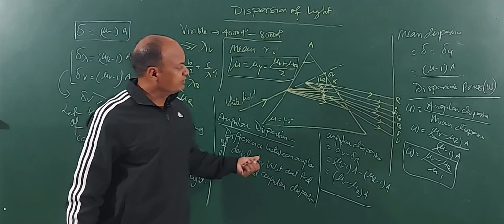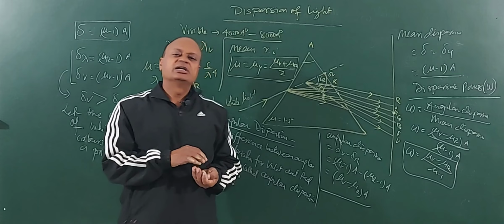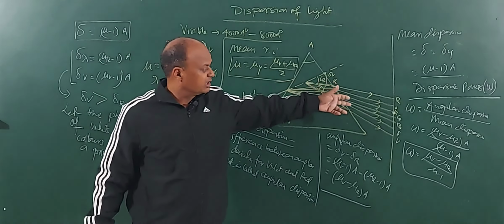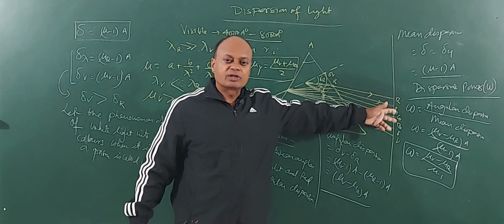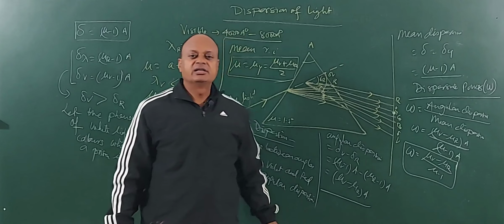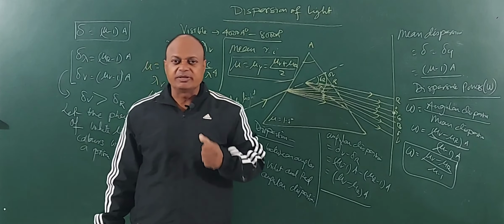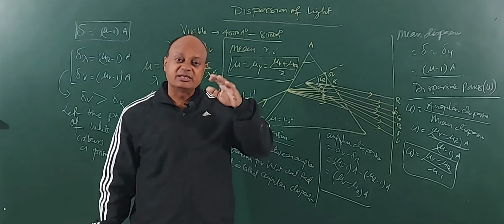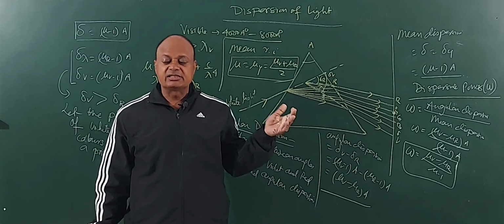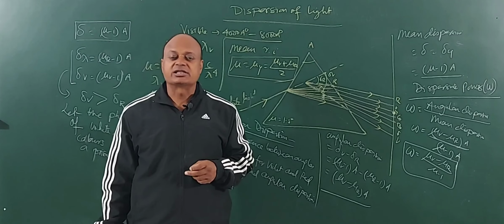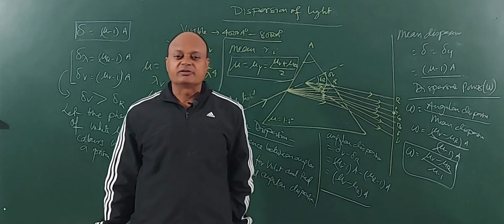Clear? So, children, we discussed extensively the meaning of dispersive power. We come across spectrum. Spectrum is the band of 7 colors we get on the screen. If I place a screen here, I can see 7 colors clearly. The 7 colors are not being produced by the prism. The prism is merely separating these 7 colors due to the phenomenon of dispersion. Okay. So, children, in this class only this much we will be discussing. Thank you very much.